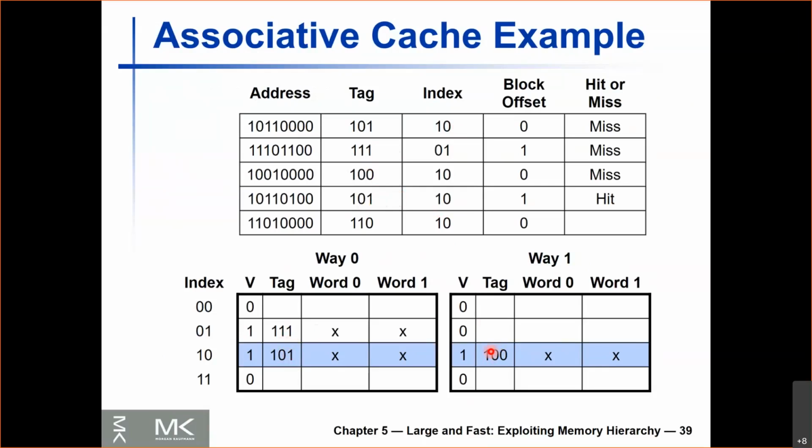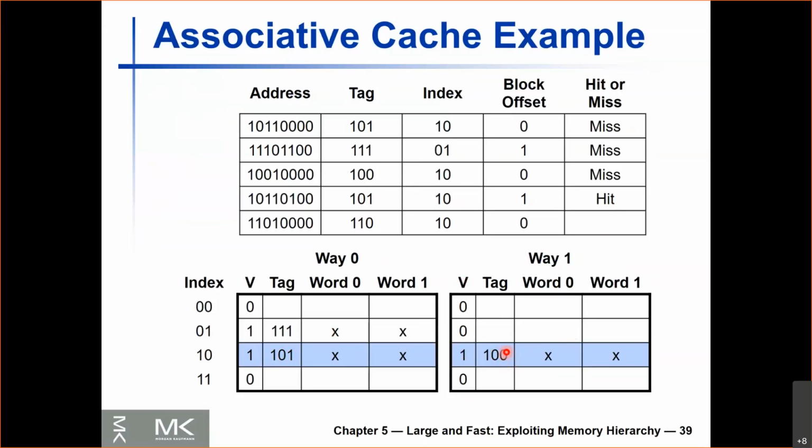So even though this 100 came in after 101, we actually used 101 the most recently, because we used 101 after we used 100. So in this case, according to the least recently used policy, we should evict the cache line in way 1. Okay, so like I said before, we have a miss. And because we have a miss, and both cache lines are full, we need to evict one. We're going to evict this one, and we're going to remove it, and we're going to replace it